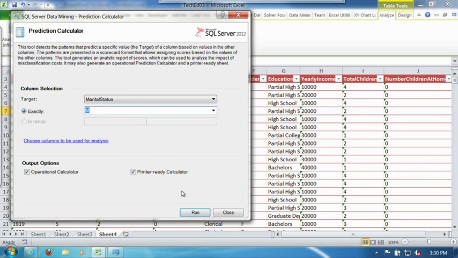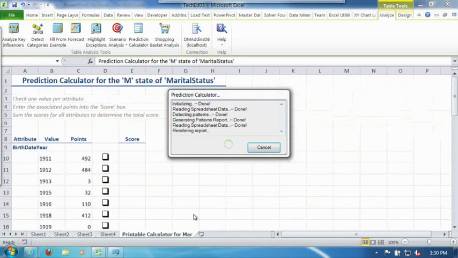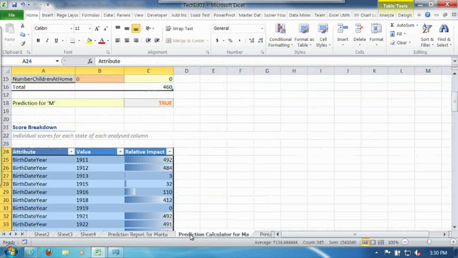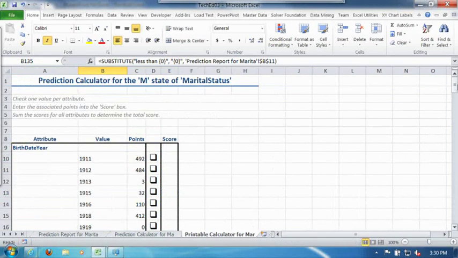So I'm going to predict M for marriage, press run, and again, about 4,000. So we had about 18,000 originally, and that's the raw number, going down to 4,000 in the total number of options, and then it produces these three sheets. So let me start with the last sheet. The last sheet is a printable calculator,